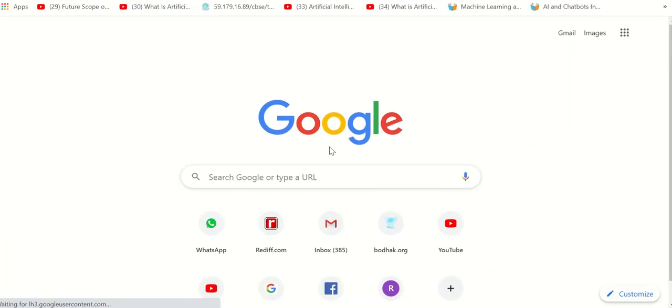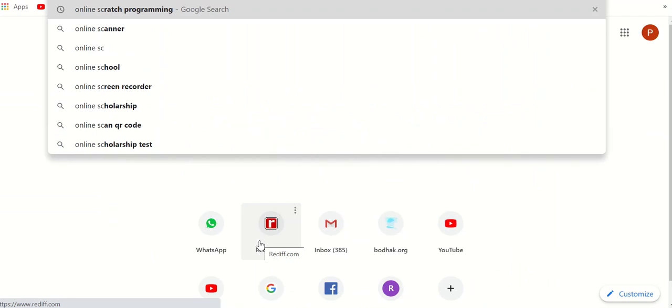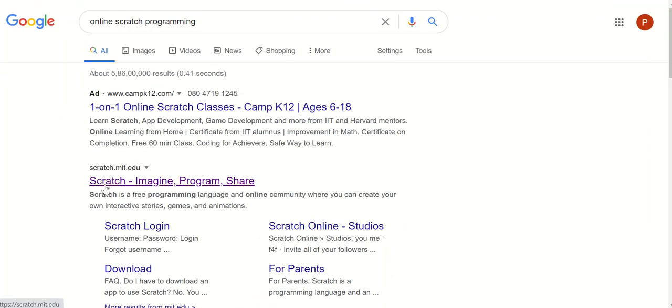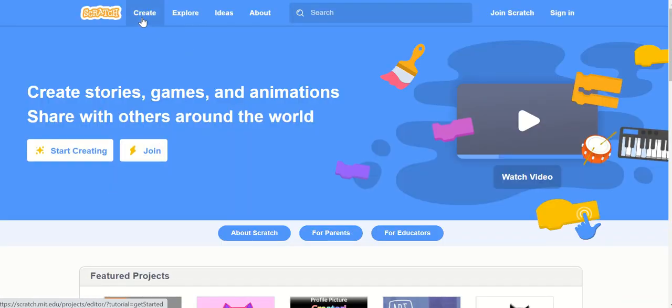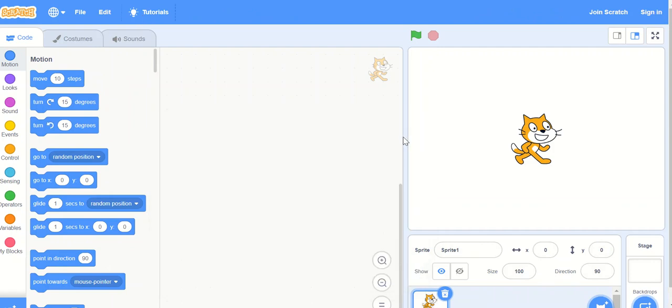Then here we have to type online Scratch programming. Click on this link. Here we have the option of create. When we click on create, the Scratch interface will be in front of us.